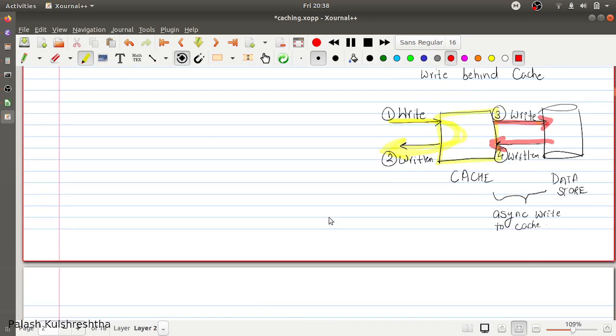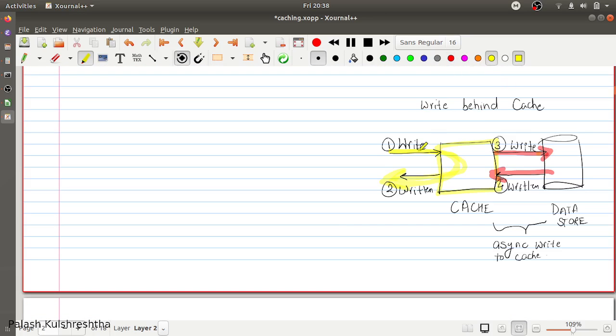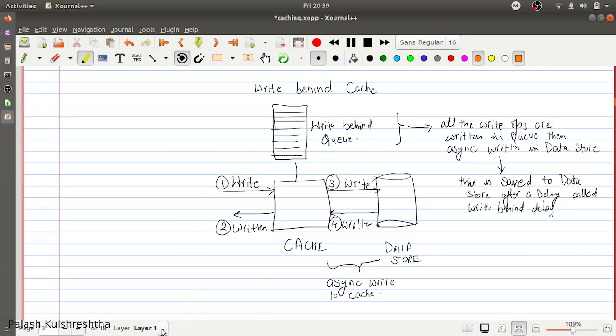So this is write behind cache, because initially you have just sent the response, whatever request was there, you wrote it to the cache and you went away with your request. So your writing time was very less, time to write or latency for your write operation was very less, and then you collectively updated whatever data that you had to your data store. So database can also be optimized. Now let's see how we implement write behind cache.